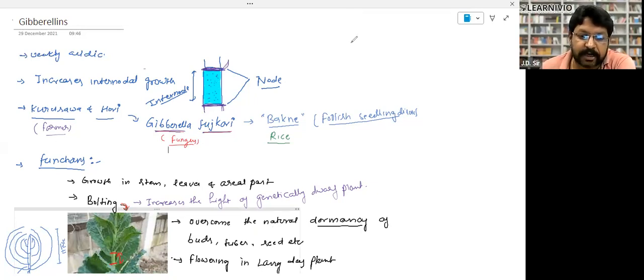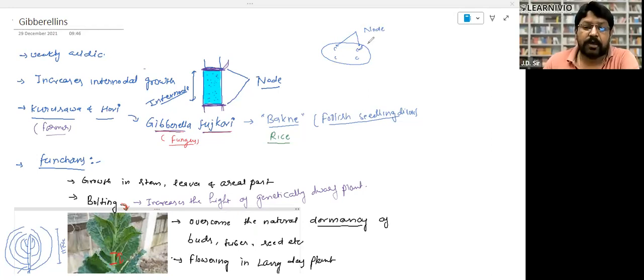The reason is that the potato has this kind of structure, right? And there are certain things here, these are the eyes, right? So basically, the eyes are the representation, not representation, actually, eyes are the nodes only, right? And the distance between the nodes is called the internode. And you will see that from these eyes the bud comes out, right? So eyes are part of the node.